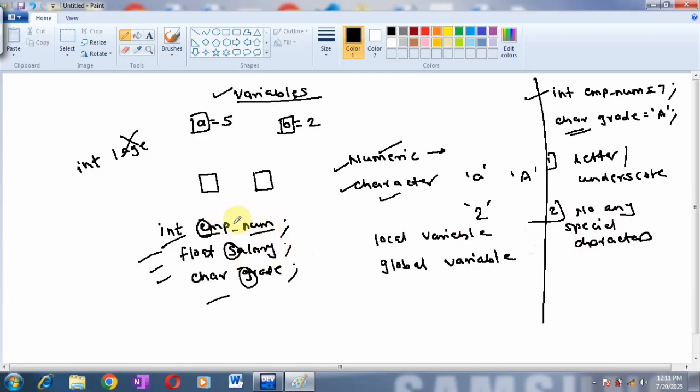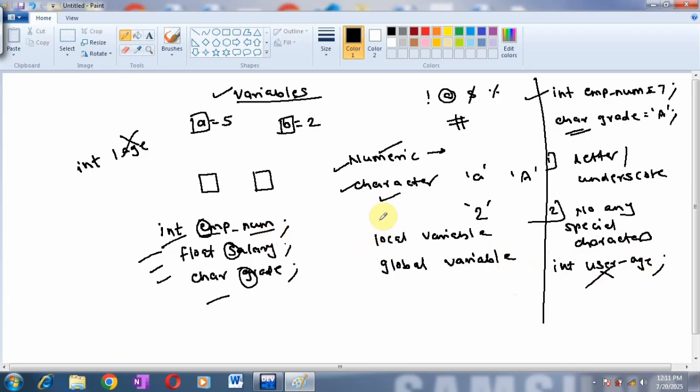Here there is an underscore which is valid, but other symbols like exclamation mark, at the rate, dollar, percentage or hash are not at all allowed in the name of the variable. For example, if you try to write say integer user dash age, this is incorrect. You cannot use any other special character in the name of the variable.